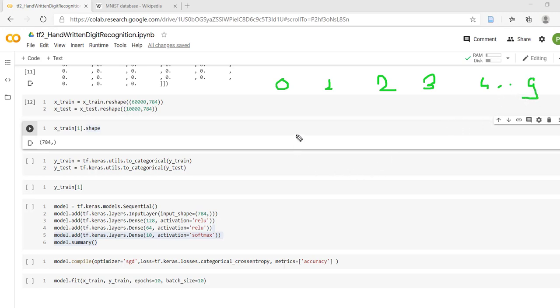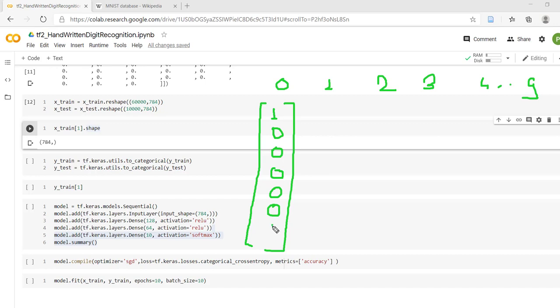So for that we have to convert these numbers into an array. That array is called one hot encoding. What is one hot encoding? Since this value is 0, in the array one location will be placed with 1, and all the other positions will be placed to 0, up to 9th.